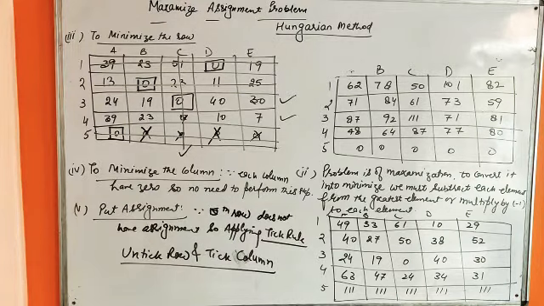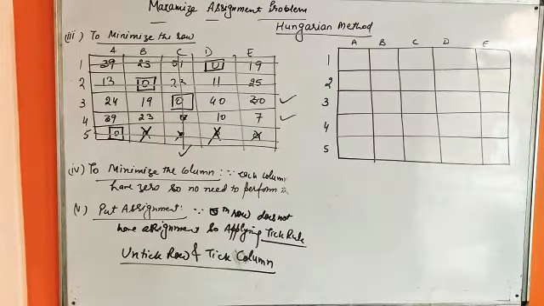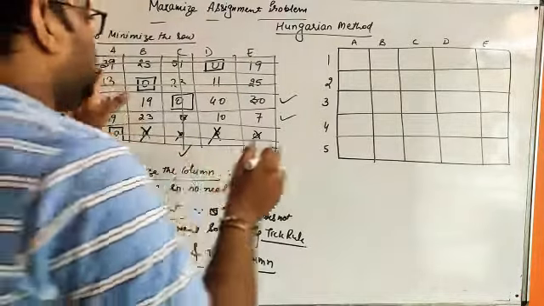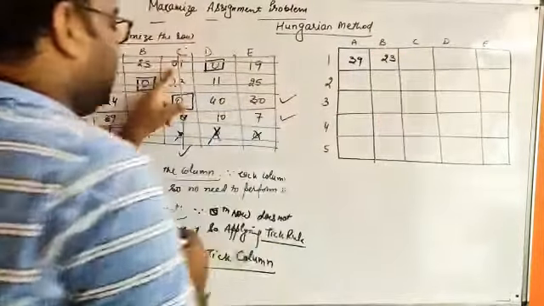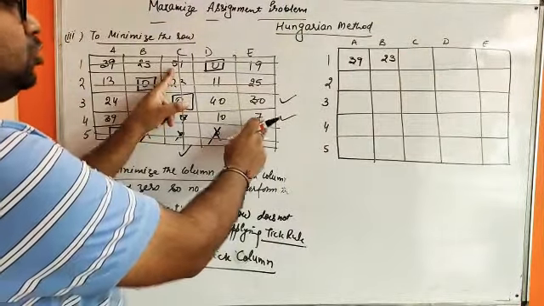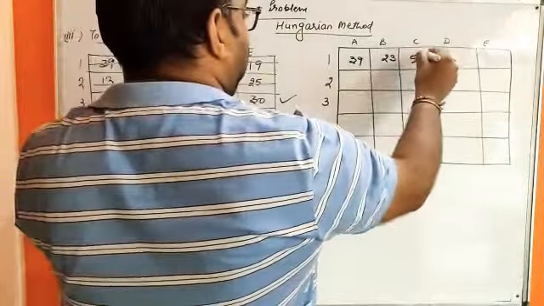Now we have to identify the smallest element from the uncovered elements and subtract it from the uncovered elements, single covered remains as it is, and add it to the double covered elements. The smallest element from the uncovered elements is 7. So we subtract it from uncovered elements, single covered remains as it is, and add to the double covered elements. See what happened. This 39 is single covered, remains as it is, 23 also remains as it is, 51 is double covered, so we add 7 to this 51, that is this will convert into 58.